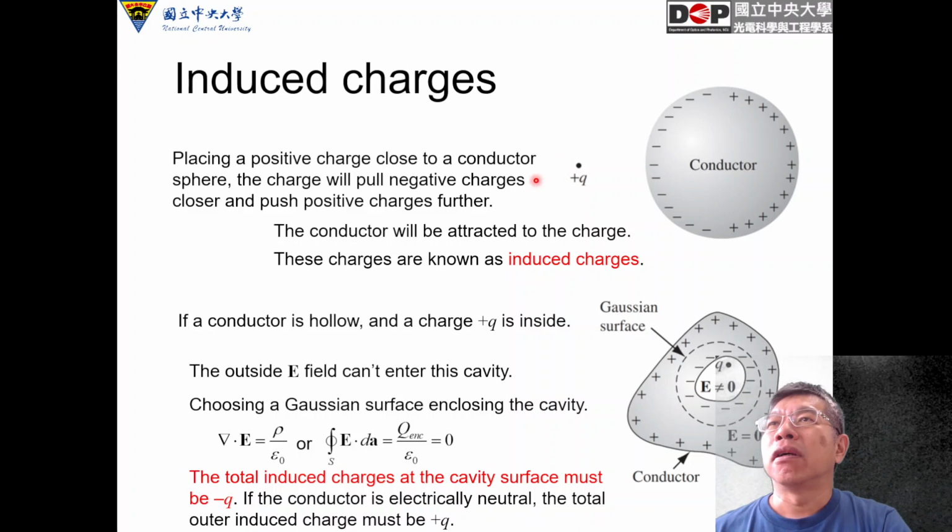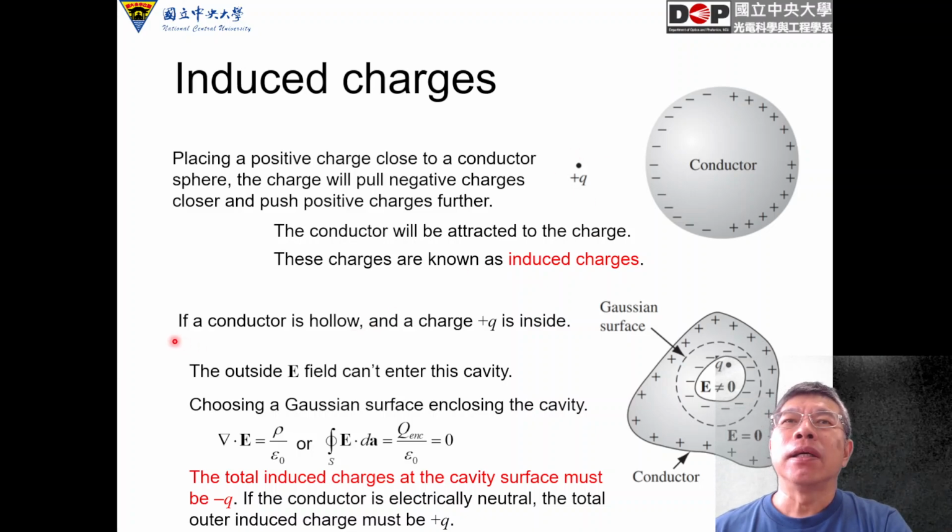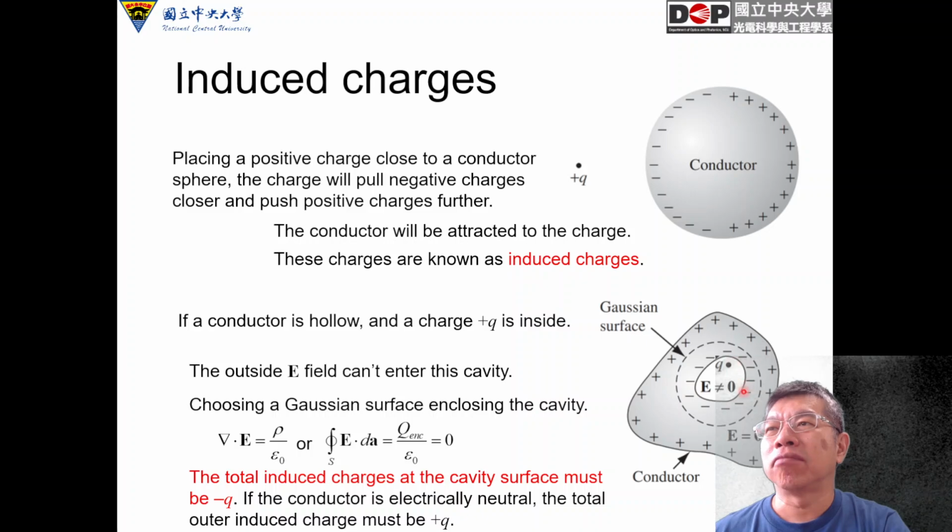So it only happens when you place a charge here, and this charge distribution happens. So it's called induced charge. They are not there unless you put a charge here. If a conductor is hollow, if there's some empty part of a conductor,